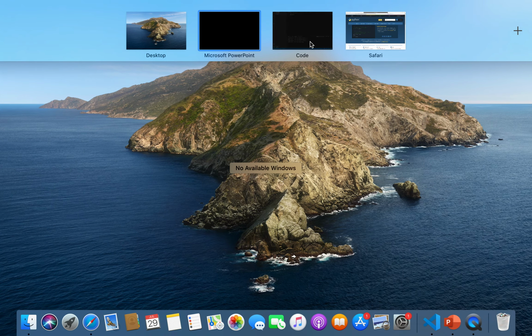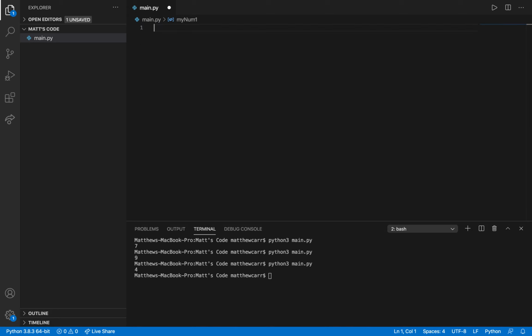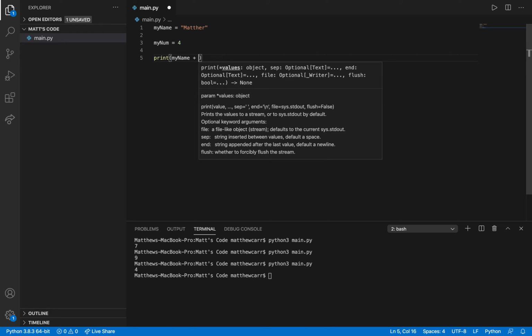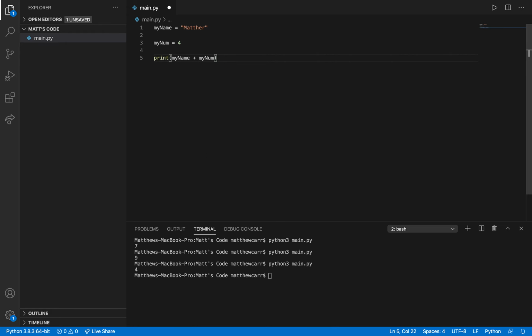So let me show you a quick example. Let's say we have my name equal to the string Matthew, and then a variable called my num, equal to 4. And I want to print both of these together. If I do print my name plus my num, we're going to get an error because we can't. So I can convert the value stored in my num to be